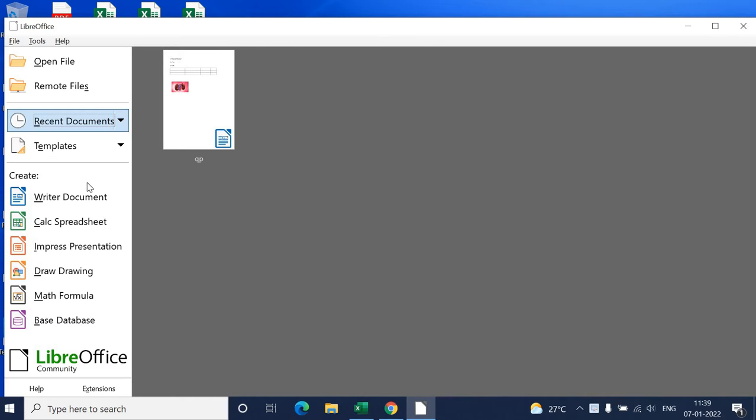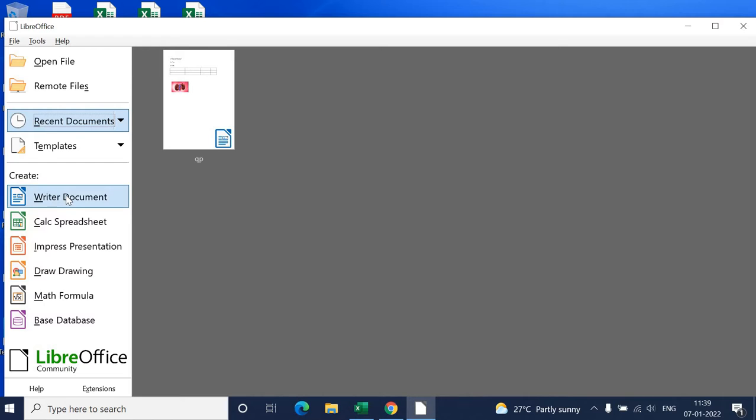Now, usually this LibreOffice is predominantly used with Ubuntu, as it is free, open source and freely available. So teachers can use it and benefit from these things. Predominantly, Writer document is used for creating question papers, creating materials, study materials. You can use the Writer document.